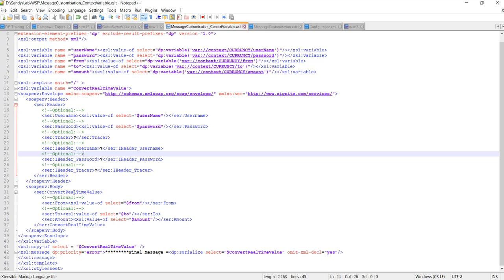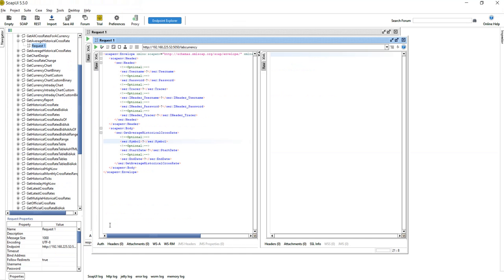Here this is for the convert real time value. So I'll write code in such a manner that automatically it will replace the body of the operation. You don't need to write 50 variables, you just need to write one variable. In that you need to do a small coding that will work for all the operations. Like for this API there are 50. If we have 100 operations or 150, the code will not depend upon the number of operations. The code would be very generic, so that it will work for all the operations. You don't need to write very lengthy code. Just a code of 5 to 10 lines we need to write.